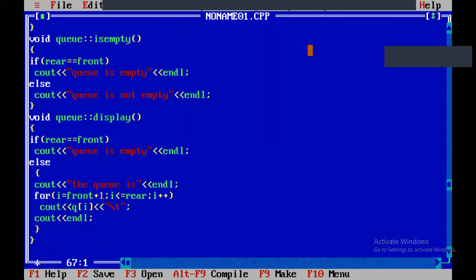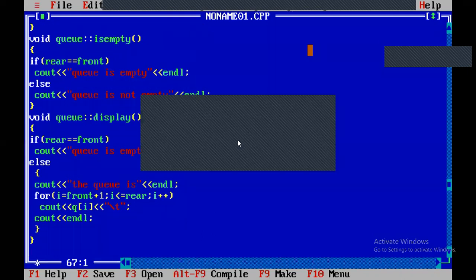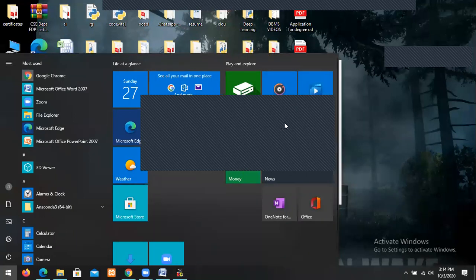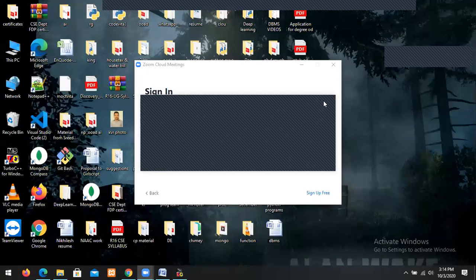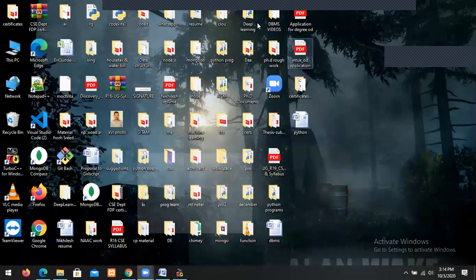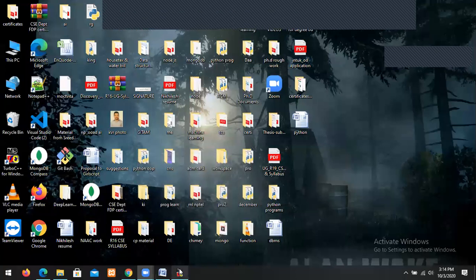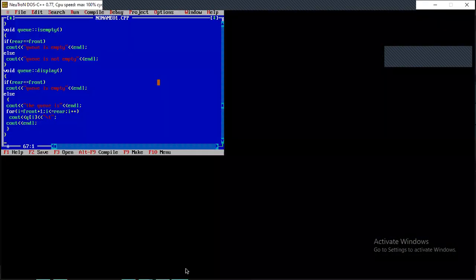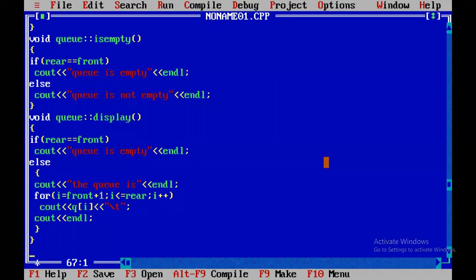We are implementing main by using menu driven. In data structures, it is necessary to implement the programs, the queues, using menu driven. Void main.